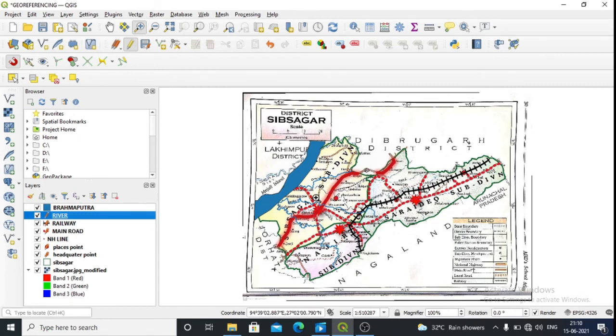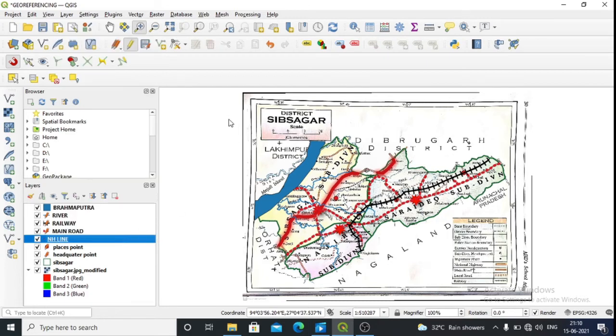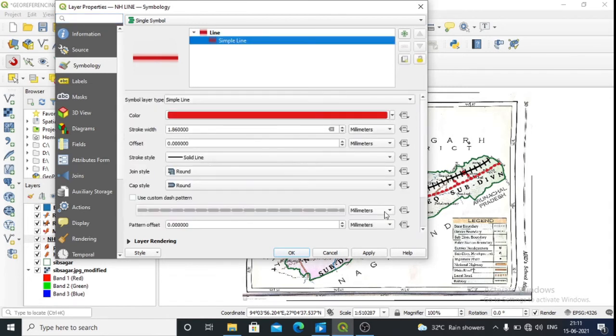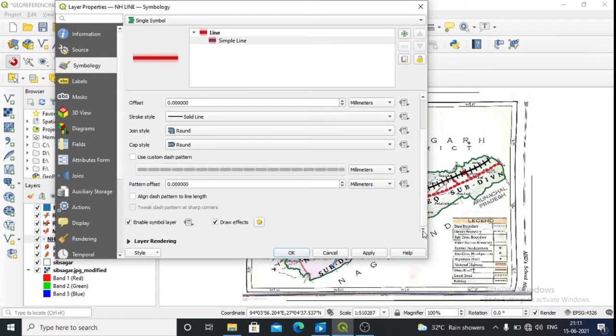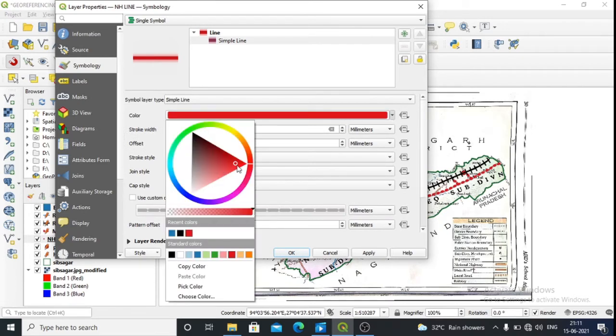Now I don't like how it looks. The railway is fine, but the national highway is not looking good. I want to change the properties. Color is okay.